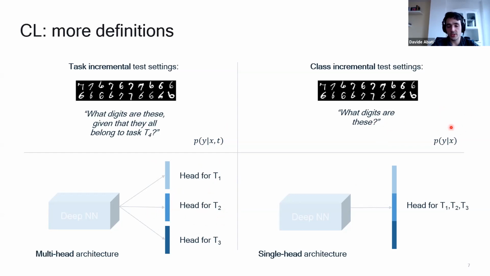However, if I don't know which task I'm solving, all these task classifiers that are trained in the training phase get, in some sense, concatenated into the same single classifier. And of course, obtaining a single classifier out of multiple classifiers is not as easy as it seems, because there's no calibration between different heads. Training this kind of architecture is much more challenging. So first, a distinction between the experimental setting, and then the distinction between the architecture that we're using. I hope this is clear enough.